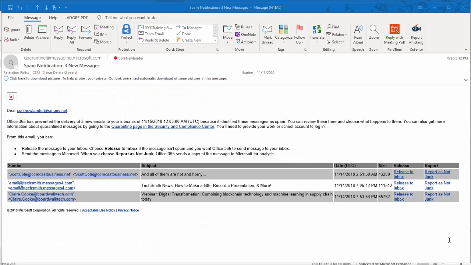Now, the last thing I want to talk about is an email that you're going to get every day from quarantine@messaging.microsoft.com. Now, we talked about that focused and other inbox, but there are also messages called spam messages, and those are messages that Microsoft thinks are malicious in some way, or they have some characteristics that lead Microsoft to believe that they might be malicious in some way. So in this email that you get every day, if you get it on your phone, it'll look phone-sized, but